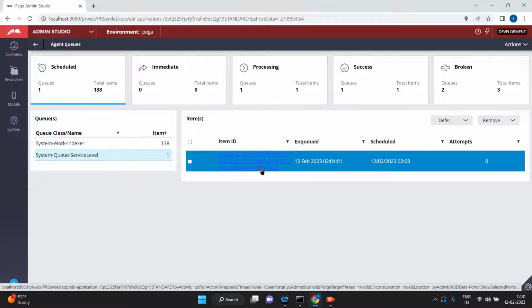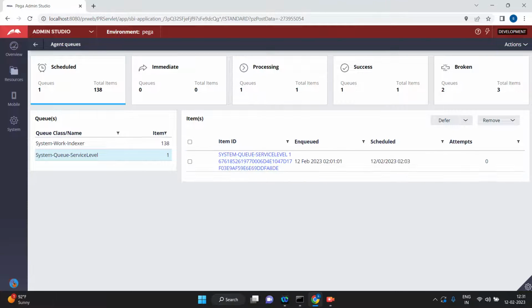Still there is a deadline time. Now what it can do is queue the item again, and this time the scheduled time is 2:03, because again it is 3 minutes for the deadline. So what I can do,